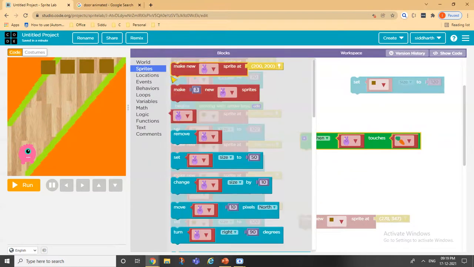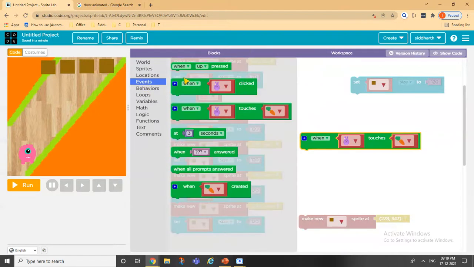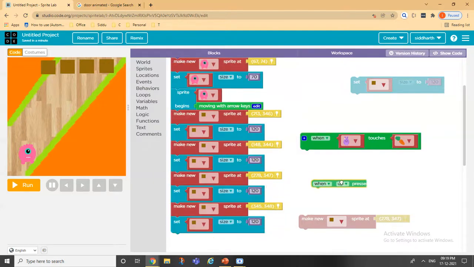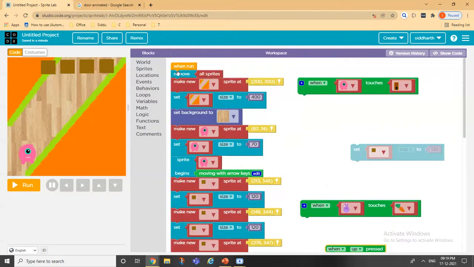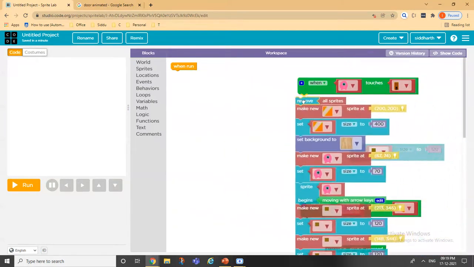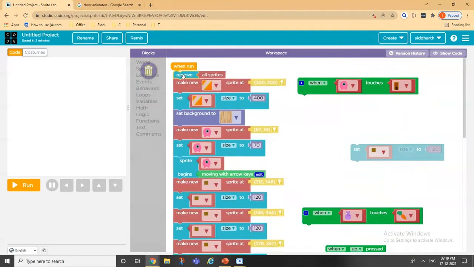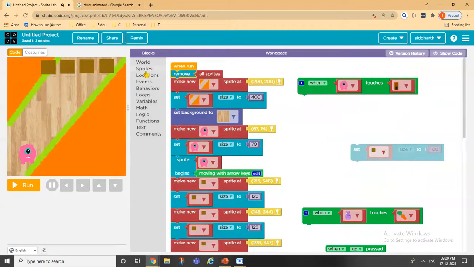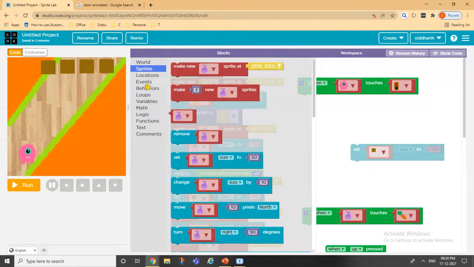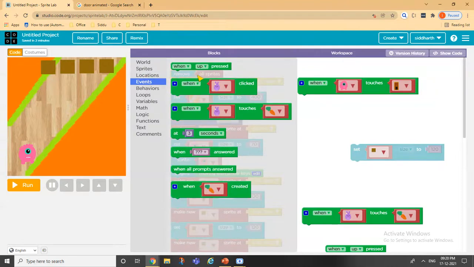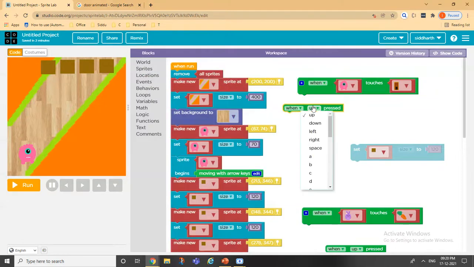So he can again go to sprites, and then go to events. Yeah, and one more thing, we forgot to do the main thing. Now we can still keep this here for our easiness, and again go to sprites, events, and when the space key is pressed,